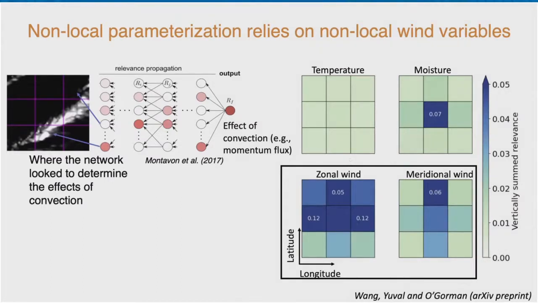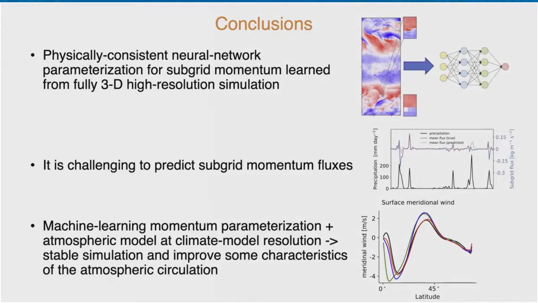And now we can go maybe to the next step and try to understand how and why it uses these features, and develop and improve both our machine learning parameterization, but maybe even understand a bit better how to build better parameterization in a conventional sense. What we need to provide the parameterization, and maybe why it uses this information to improve its prediction for these cases. So I want to end with my conclusion.